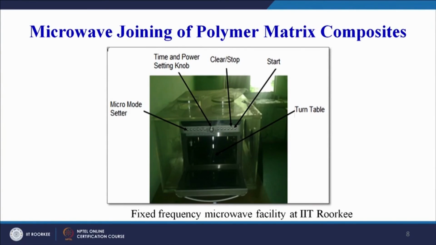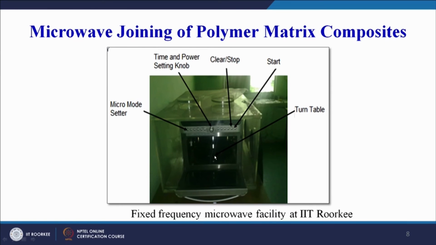Now just from the practical point of view, so the microwave joining of polymer matrix composite, this is a microwave facility available at IIT Roorkee. So we have a mode setter here on the screen, then there is a timer and power setting knob. As I have told you, in our domestic microwave ovens usually we can set the time also, but in industrial scale microwave ovens there is a flexibility, versatility that we can change the power setting also, we can change the time setting also, and then there is a turntable inside on which we can put our adherents